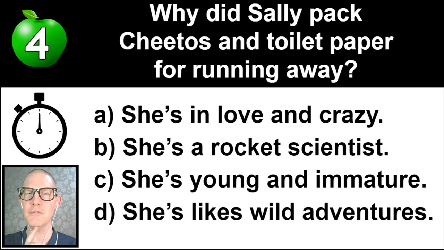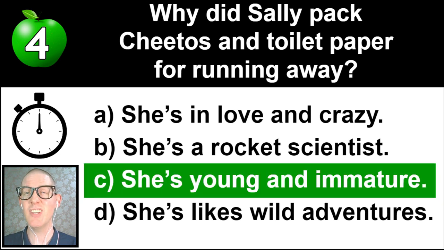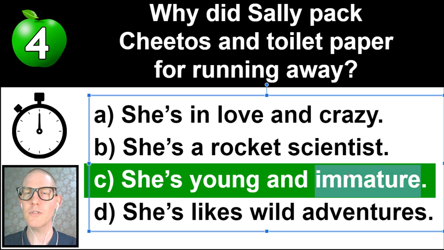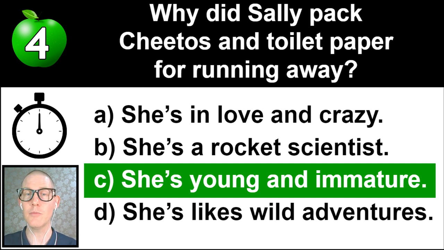Okay, so I see multiple different answers on this one. Here we go. Why did Sally pack Cheetos and toilet paper for running away? Well, she's young and immature. She was, I think, 13 years old, right? So immature means you're not mature yet, right? You don't have the ability to make wise decisions all the time. You just don't have the experience yet. You're still learning, right? So Sally is young and immature. So the stuff that she brought with her to run away, toilet paper, well, toilet paper is not too bad, but Cheetos and sunglasses,